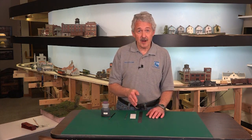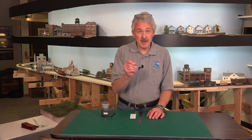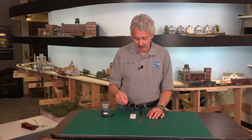Now, why do you need to scribe styrene, and why can't you use a hobby knife blade? Well, you may need to scribe styrene if you're putting expansion joints in a piece of styrene to represent a sidewalk. You may want to use it on a clear piece of acetate to simulate broken panes of window or scratches on windows. And the reason that you can't use or shouldn't use a hobby knife to do that is